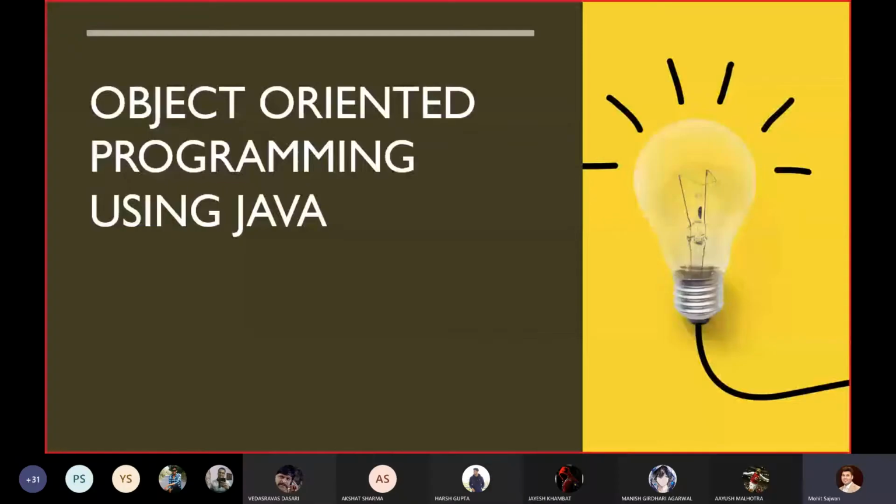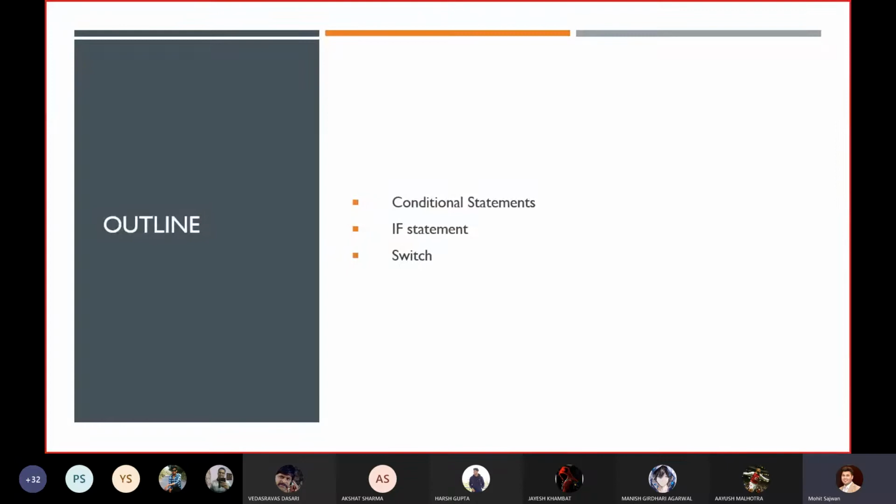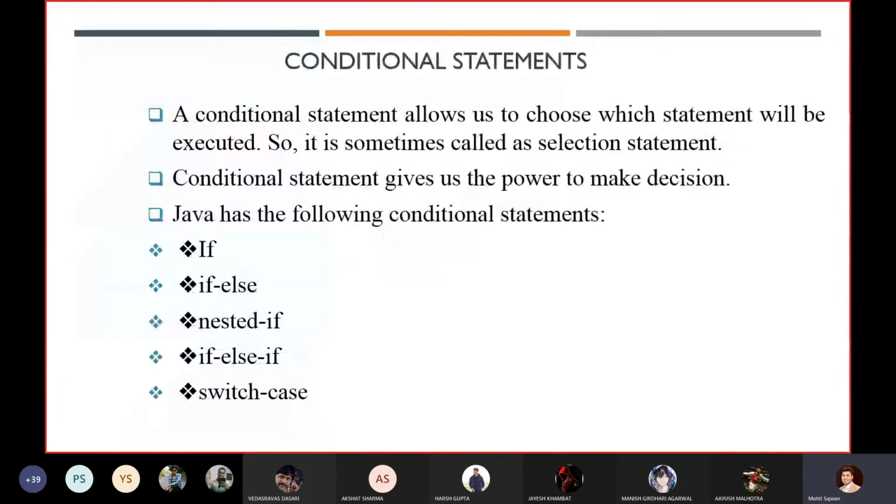The theme of this topic is that if we have some conditional statement and we want to execute it, what are the options we have? In the Java programming language there are two options to perform operations when we want to execute a conditional statement. The first one is the if statement and the second one is the switch statement.